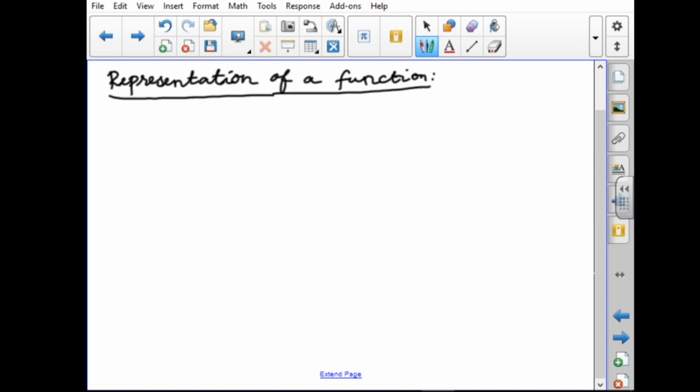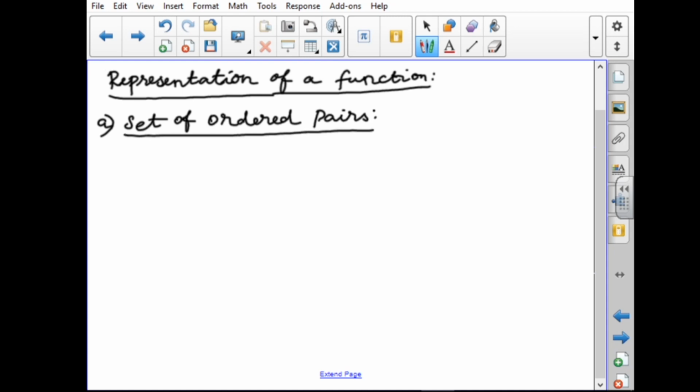The function may be represented in the following four ways. The first one, set of ordered pairs. The values of all the functions of elements we can write in pairs, that is called a set of ordered pairs. For example,